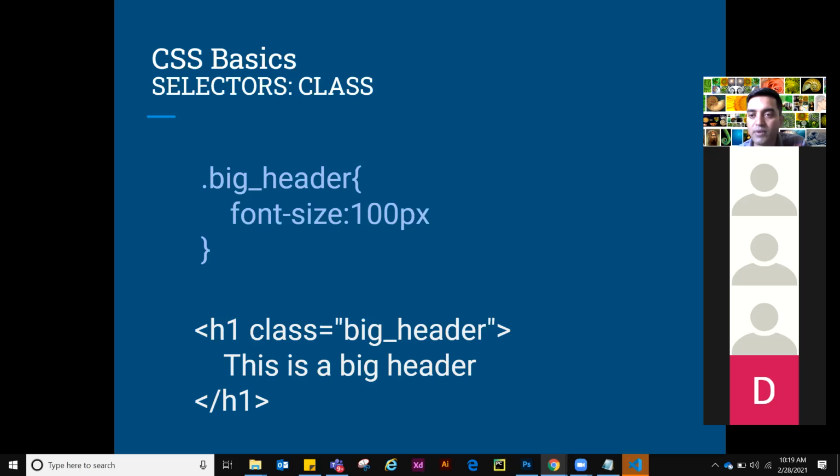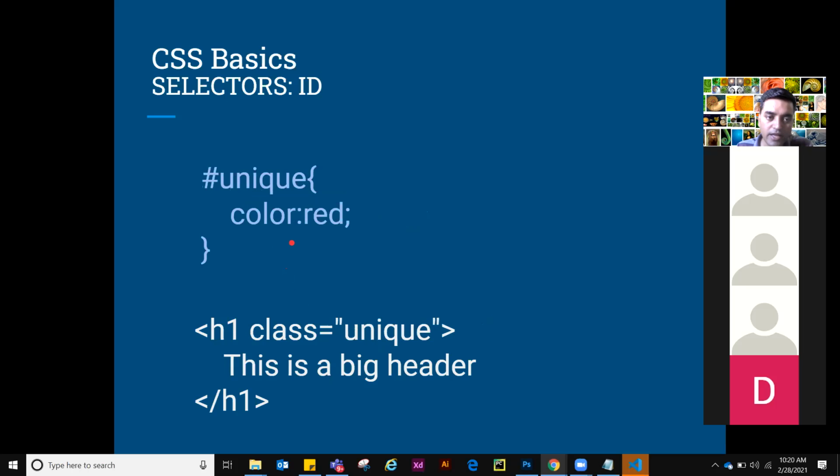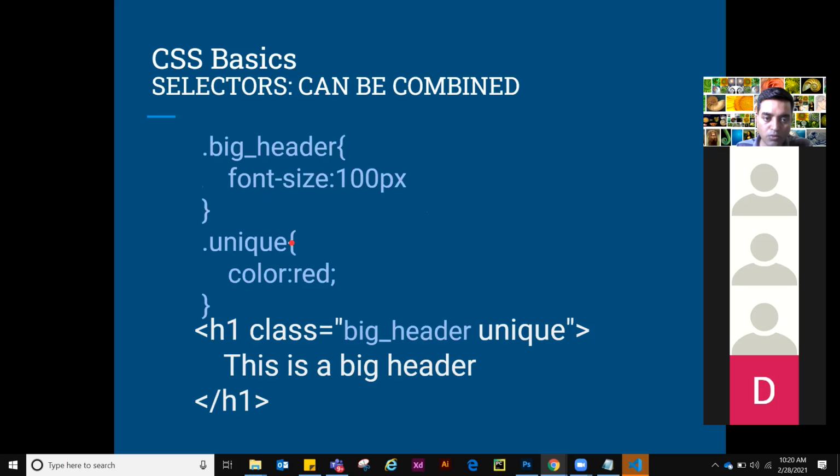Yes, please. So class is basically used for a particular segment, and to start it we have to use a dot. And it can be used multiple times, many times we can use it in web page design. But for ID, definitely it starts with a hashtag and can be used only once. Great answer. You got a brownie point. Thank you.